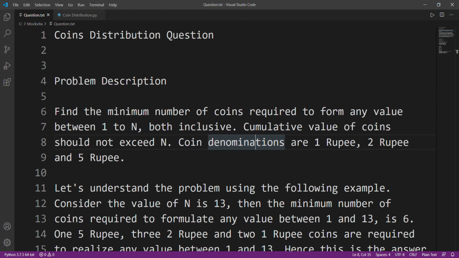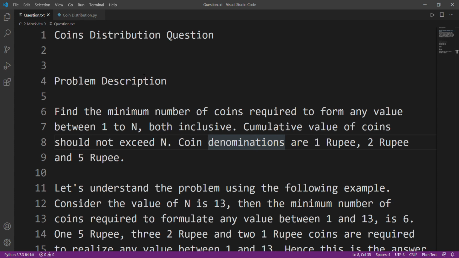Welcome back, guys, to our newly started series, which is previously asked code beta questions. And today we are going to solve the coin distribution question. Just to remind you that this is not a coin change problem. You might have solved it when you were studying recursion and dynamic programming. This is not that sort of question.